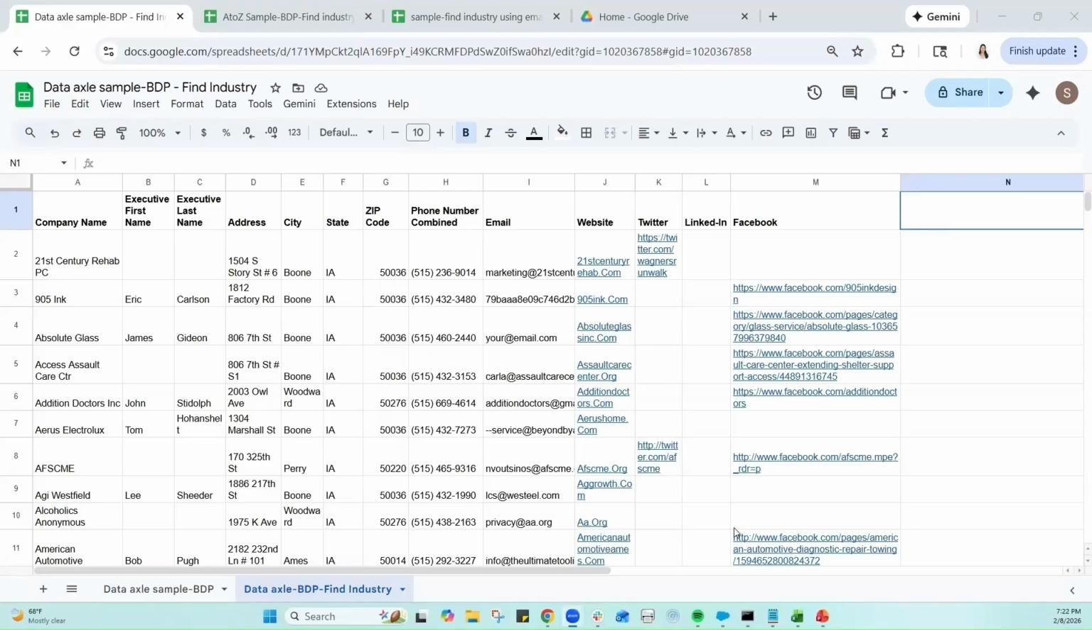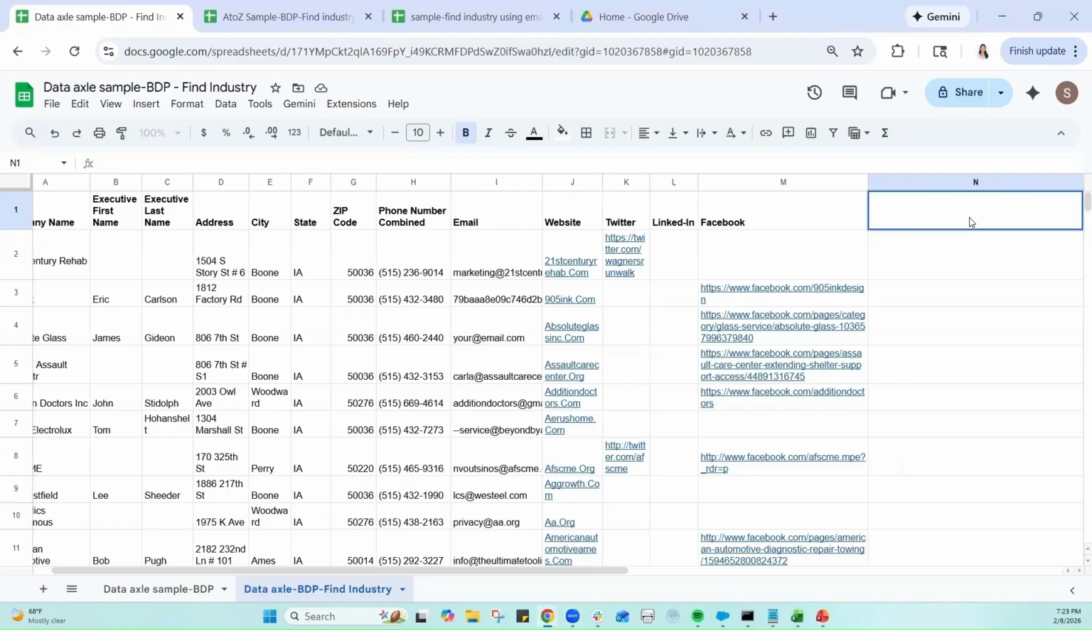Now I want to show you how to get AI to do some data enrichment in Google Sheets. I have created this Google Sheet with just the relevant fields to do some data enrichment. For the Data Axle files, the industry was missing. So I pulled out the company name, executive first, last names, address, city, state, zip, the phone number, email, website, and any social media information. And now I'm going to work on